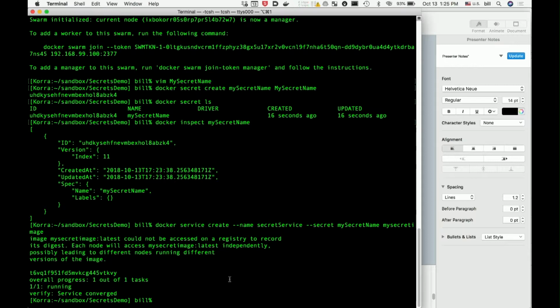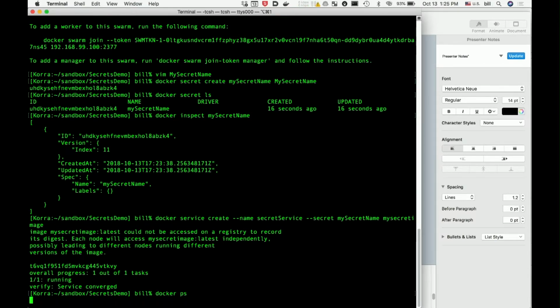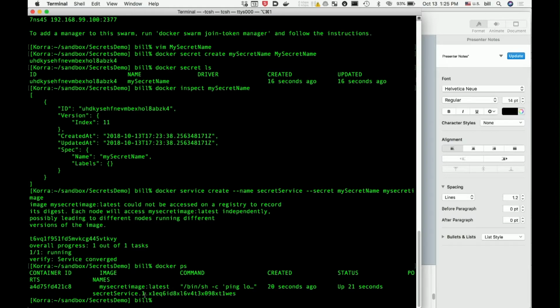So now the Docker machine has taken the my secret image, pulled it down, instantiated it in the swarm, and now it is running inside of the swarm. So if we do docker ps, you can see that it's running here.